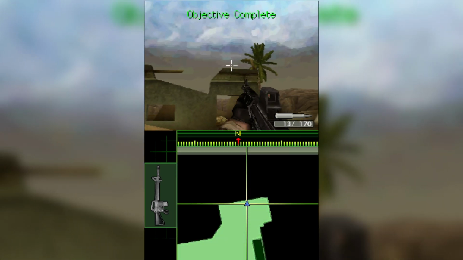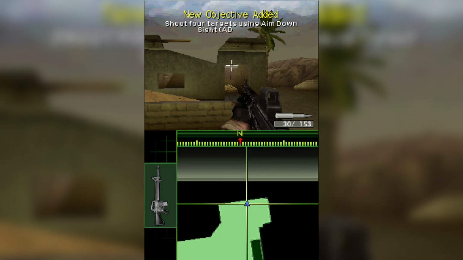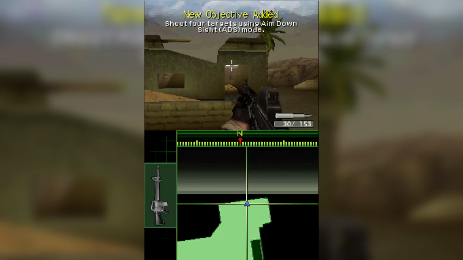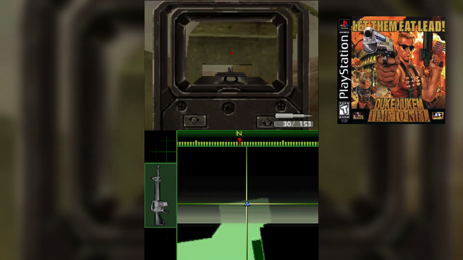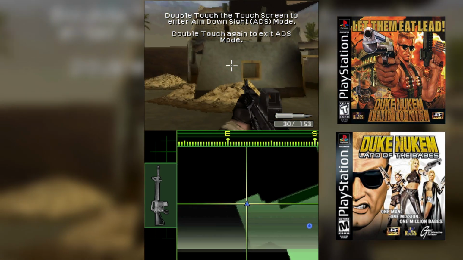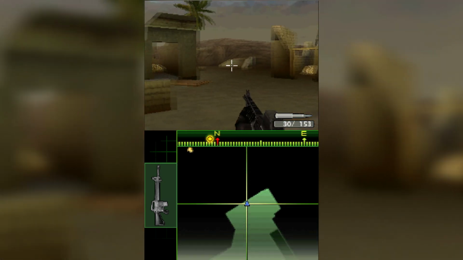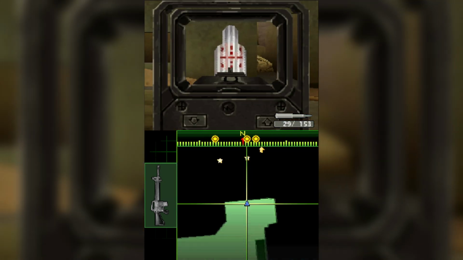So Modern Warfare released on the Nintendo DS in November of 2007. This game was developed by N-Space, who were most famously known for developing Duke Nukem Time to Kill and Duke Nukem Land of the Babes. Christ. So the plot of Modern Warfare on the DS kinda maintains the same as the actual console version of